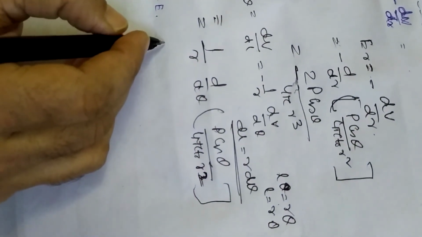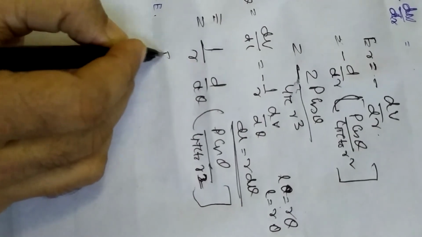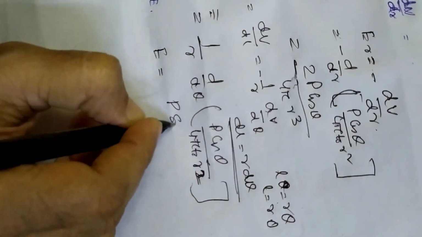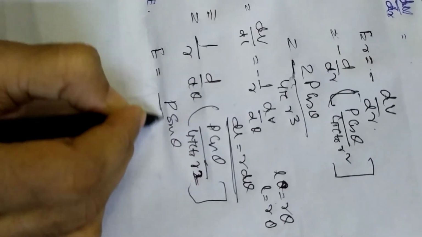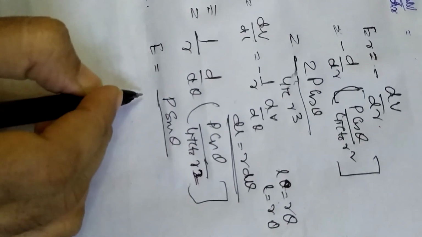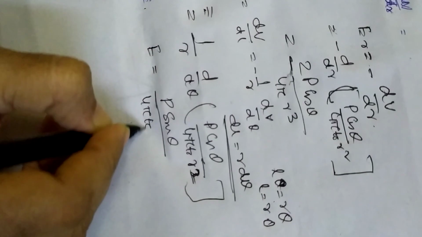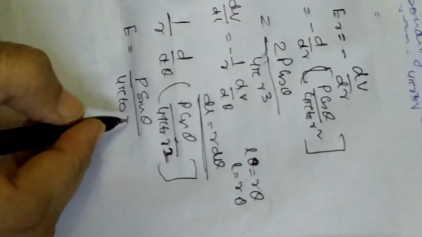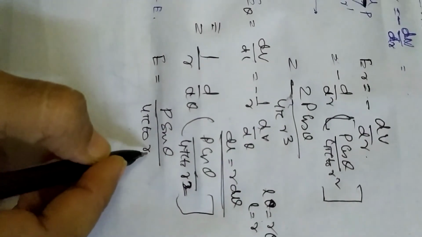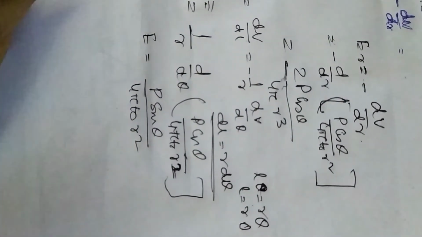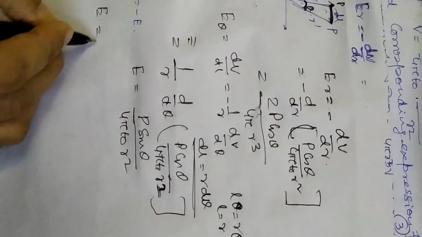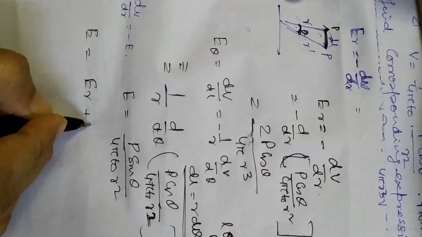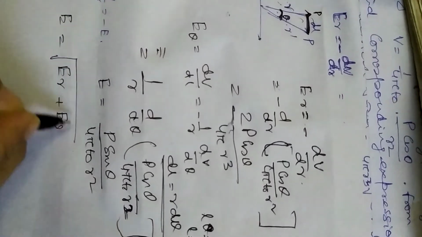So when we compute this, we get E theta equals P sin theta, since differentiating cos theta gives sin theta, divided by 4 pi epsilon r square. So r square is as it is. Now the total electric field E will be the vector sum of ER and E theta. So it will be like this, E square